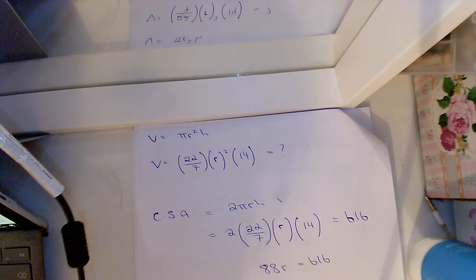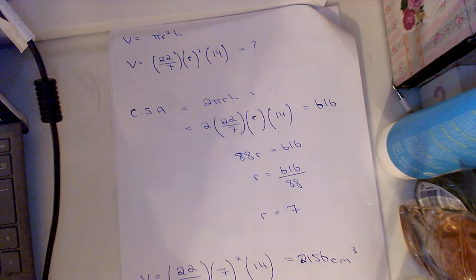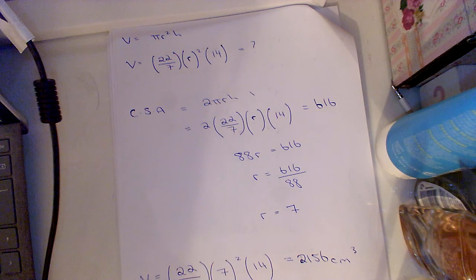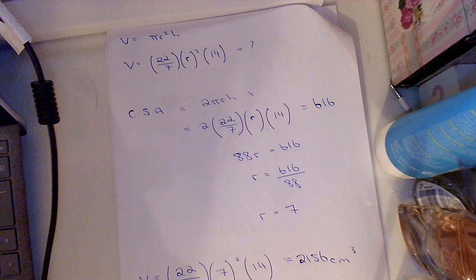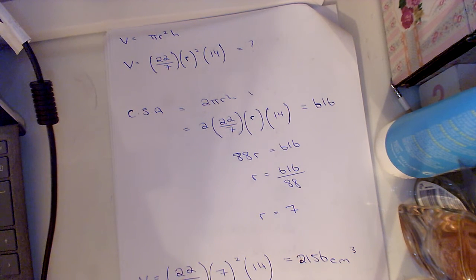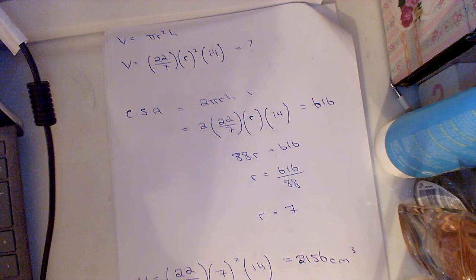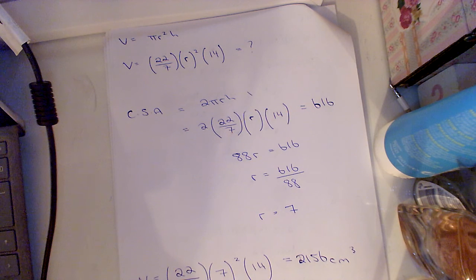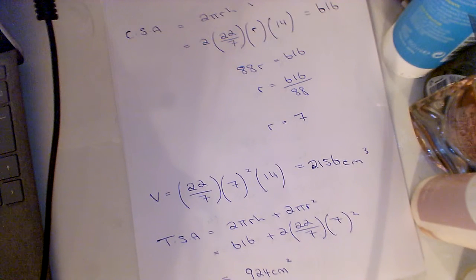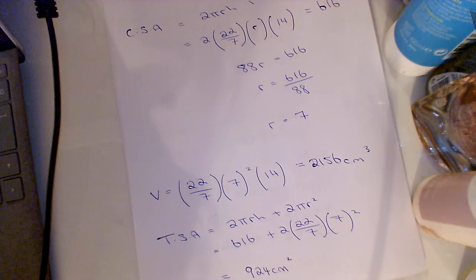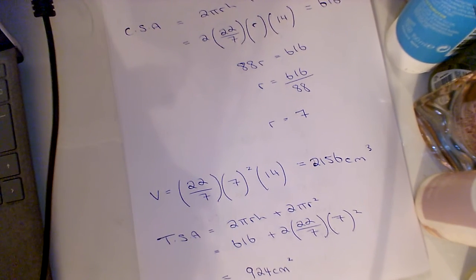I multiply 2 by 22 over 7 by 14, and I get 88 r is equal to 616. I want to get r on its own, so I'm going to divide across by 88. So I'll have 616 divided by 88, and I'll get my radius is equal to 7. Now I'm able to go off and find my volume. So my formula for volume of a cylinder is pi r squared h. So I have pi is 22 over 7. My radius is 7 to be squared, bracket my height is 14, and I have